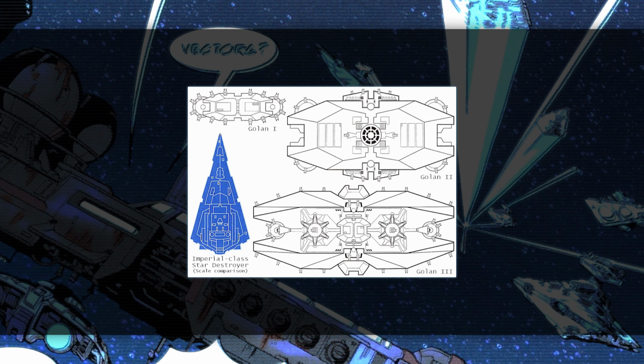But Thrawn had an additional weapon in place which he never had the opportunity to use. He'd equipped an additional Golan 2 battle station with a cloaking device, seemingly intending to spring it on the New Republic at some point during the battle. This isn't mentioned in the Thrawn trilogy, but it is instead a detail added later by the New Jedi Order series in the book The Final Prophecy, when the Golan becomes an important part of Wedge Antilles' assault to retake